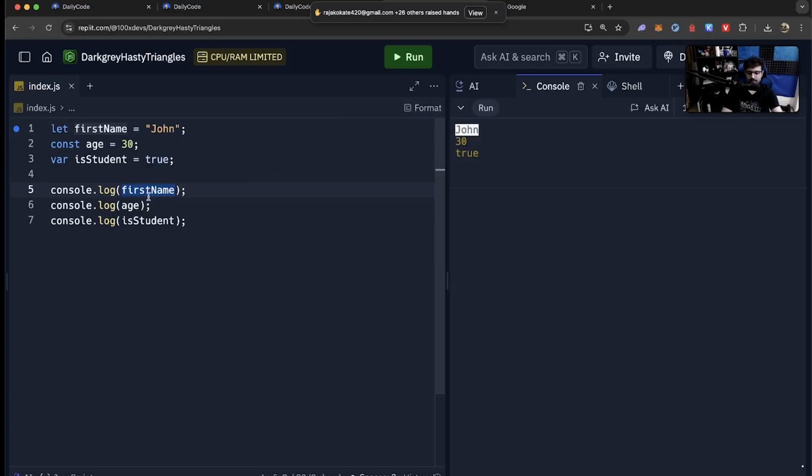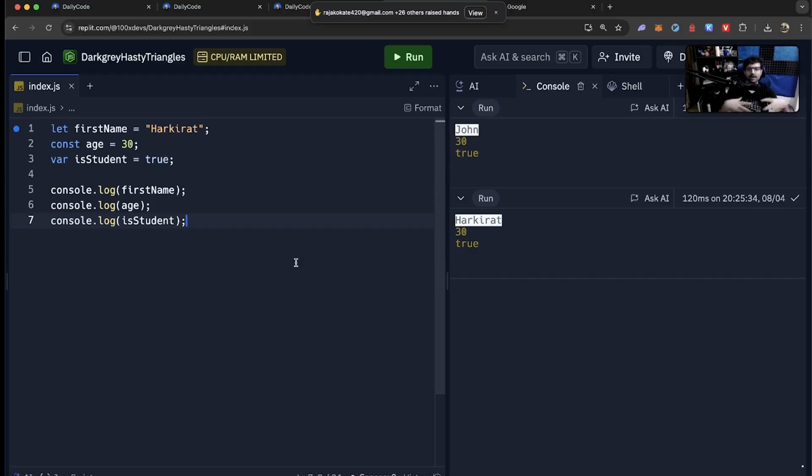I repeat, you might think what should get printed over here is firstName, because I've written firstName here. But firstName is a variable whose value is this. The value is what gets printed over here. Let me change this to Harkirat. You will see Harkirat getting printed over here. This is a program, right? In the end, now this is a dumb program. You can write bigger programs that create a game that prints a human moving on a screen. But this is also sort of a program. It's a useless program, but it prints things on the screen.